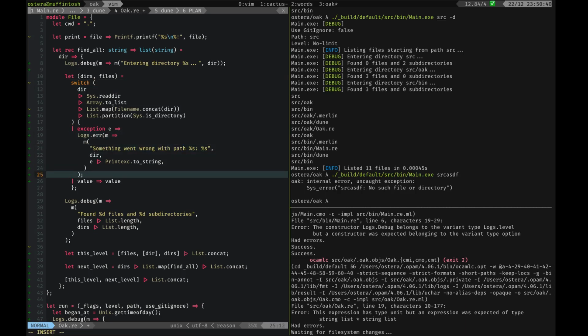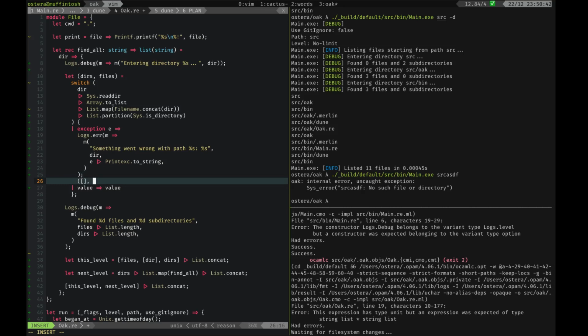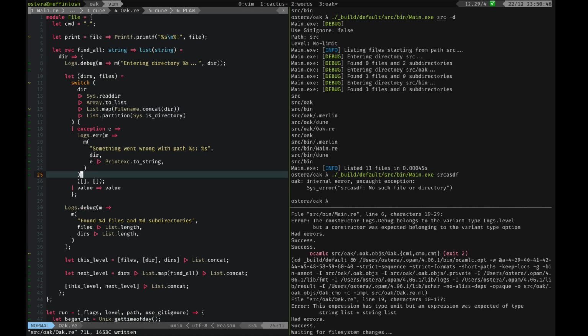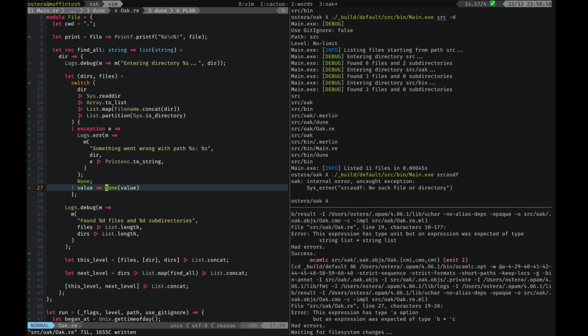So after we log this problem, we just return 2 empty lists here. And this is super ugly. So instead of doing this thing, let's return none. And let's say that if we have a problem listing these directories, we will just return none, and otherwise we return some,